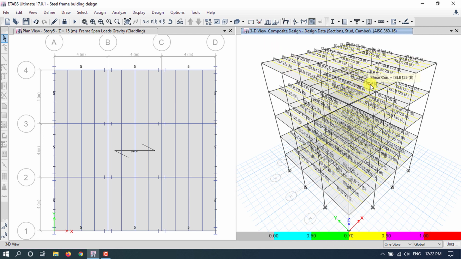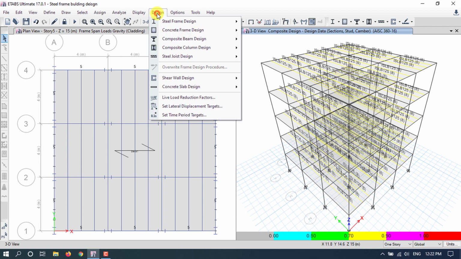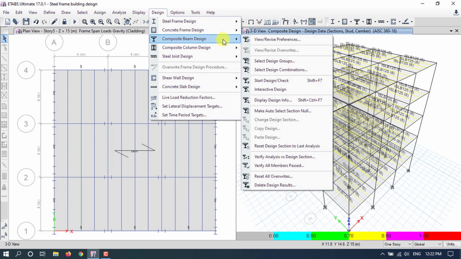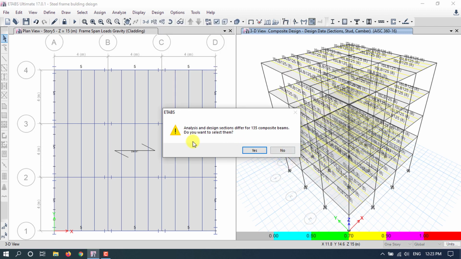Now let's check the analysis versus design of the composite beam. For that, go to Design, go to Composite Beam Design and go to Verify Analysis vs Design Section. Click here. Okay. Here analysis and design sections differ for 135 composite beams.